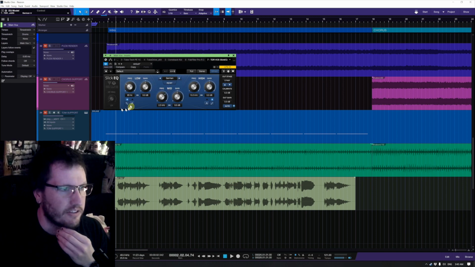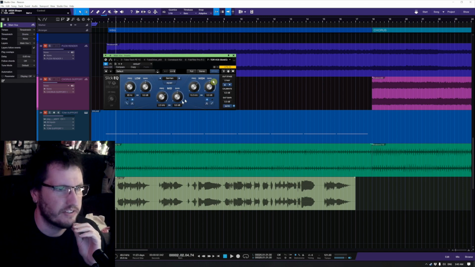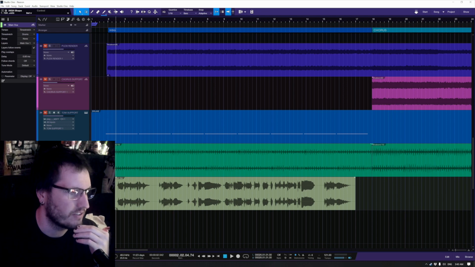Low, mid, and high, and you can control shelf or Q. I don't know. I like this on guitars, on not much else. We'll do it when we get to guitars. Okay, so